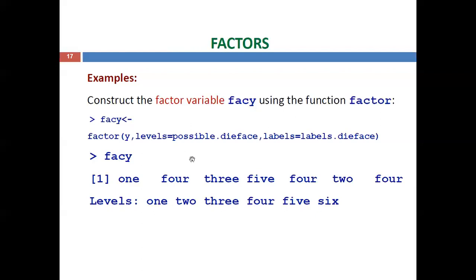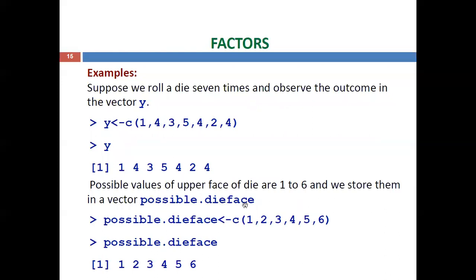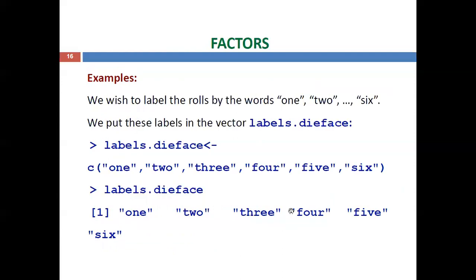So levels it calls from possible.dice. In possible.dice we used 1 to 6 levels. Then here you can see possible.dice we have 6 levels, but here all numeric. That levels also now labeled with the same 1 2 3 6 combination. The first level is one digit 1, that is labeled with ONE, and so on. The sixth level is digit 6, that can be labeled with SIX. So this is the output we will get after executing this.